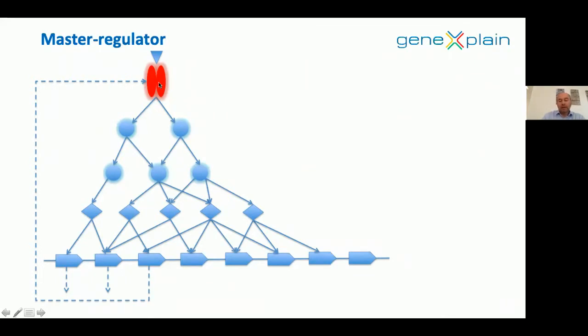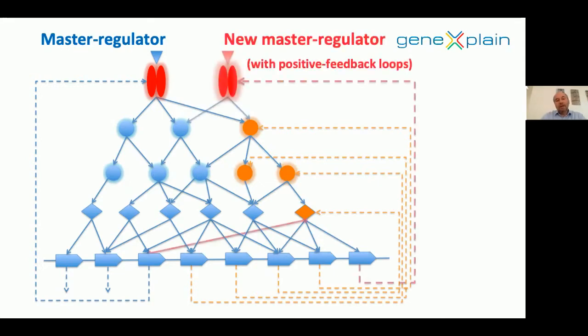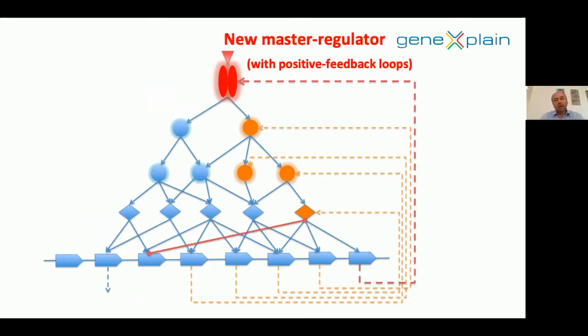But in disease, and we will talk about this more in the case of COVID, it is a very important issue that there are multiple positive feedback loops happening in the cells, which create so-called new master regulators. And the thing is,